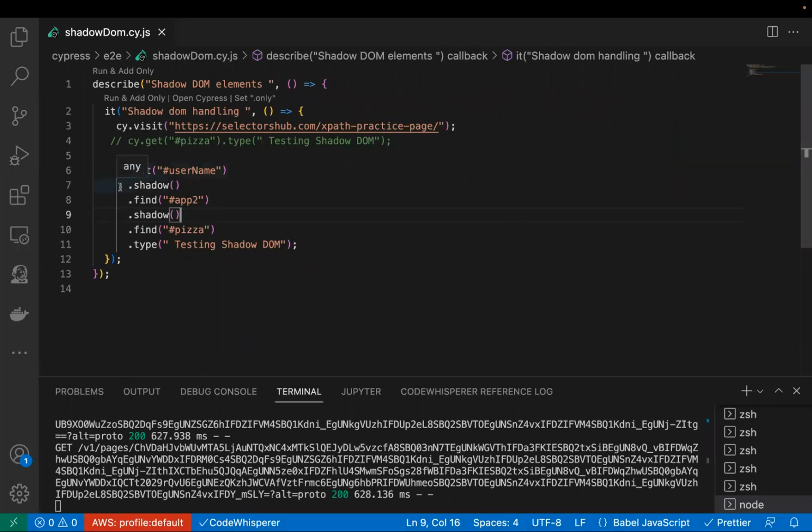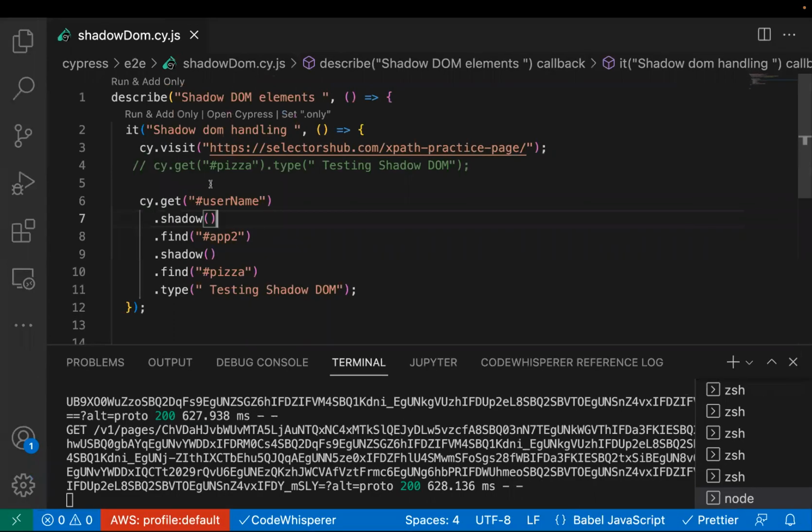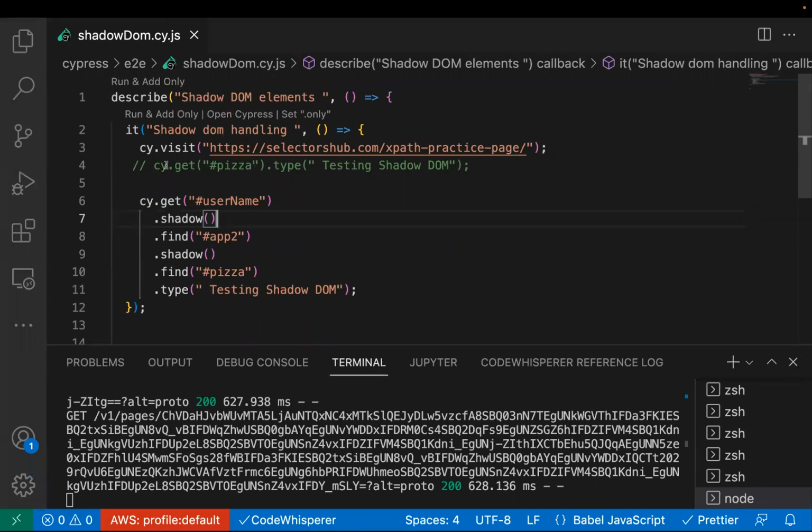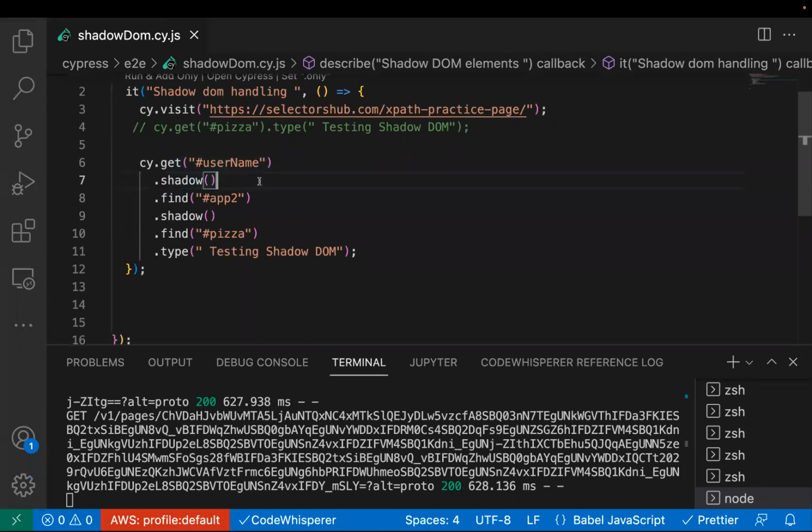Okay, so you can use .shadow and access it. But let's say there are multiple shadow DOM elements in your web page, and you have to write .shadow again and again at multiple places. So in Cypress, what we can do is change the configuration at global level, so that if there is any shadow DOM element in your web page, you don't have to write shadow multiple times. You can directly go to that locator, like over here, and perform any action, whatever you want.